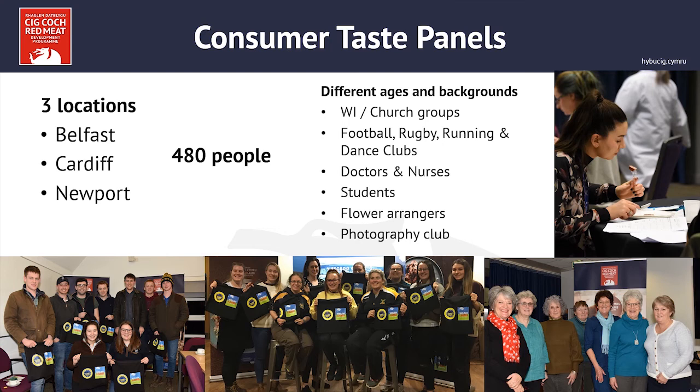The consumer taste panels then took place across 3 locations: Belfast, Cardiff and Newport in Shropshire, where 480 people took part. And these were from a wide range of different ages and backgrounds. We wanted to get people from different social clubs, including WI, sports clubs, doctors and nurses, students, and also social clubs. And we were lucky that we held this in January and February of 2020, and this was rated